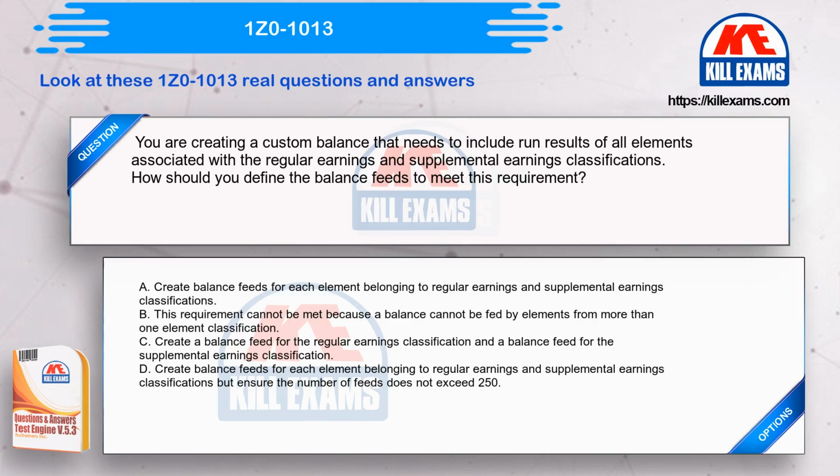You are creating a custom balance that needs to include run results of all elements associated with the regular earnings and supplemental earnings classifications. How should you define the balance feeds to meet this requirement? Option A. Create balance feeds for each element belonging to regular earnings and supplemental earnings classifications. Option B. This requirement cannot be met because a balance cannot be fed by elements from more than one element